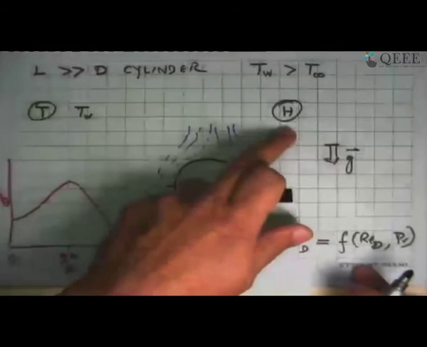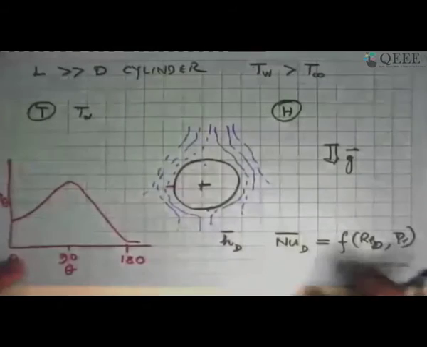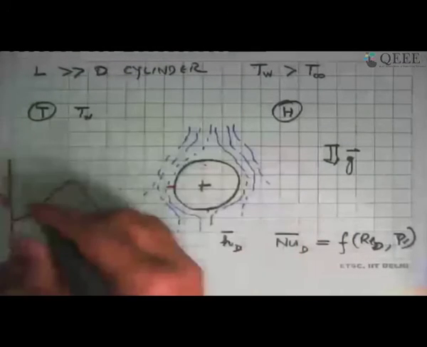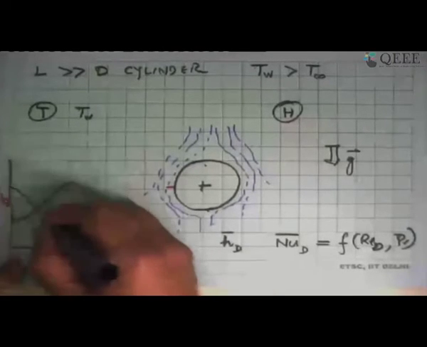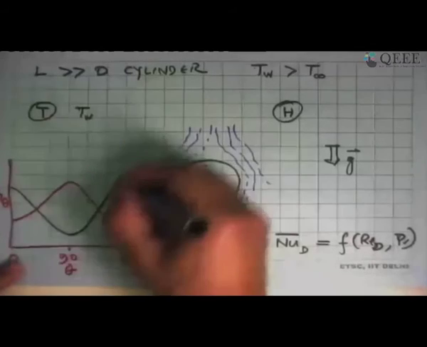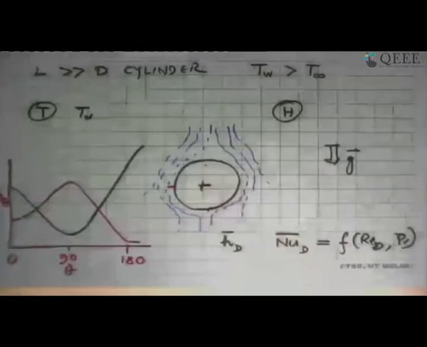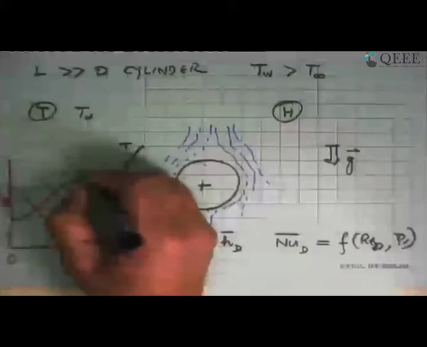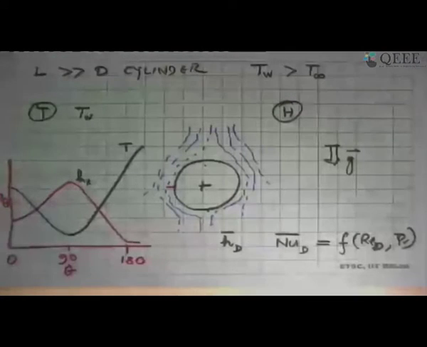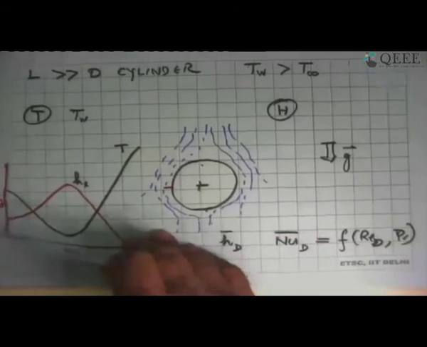But in this electrically heated case, it tells you that if this is the local heat transfer coefficient variation, the local surface temperature variation is going to be exactly the opposite. Here the temperature will be high, here the temperatures will be low, and at the top temperatures will be much higher. You then have to really worry what happens there. So this is the temperature, and this is the local heat transfer coefficient. That is the case of a horizontal cylinder, and we can get data from that.